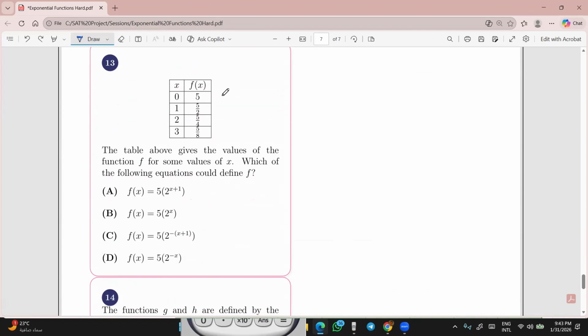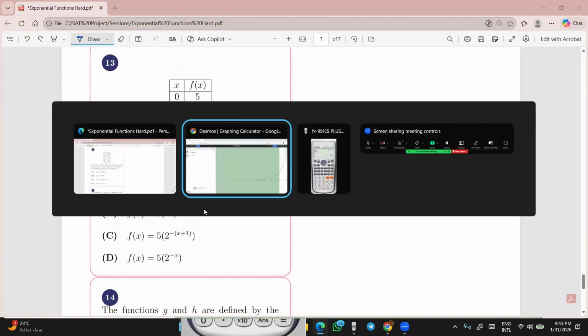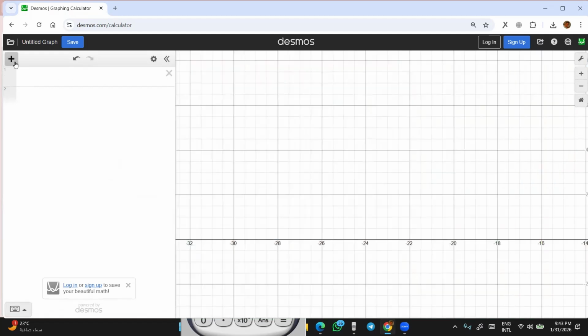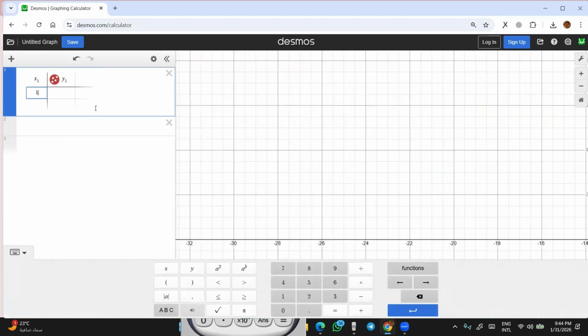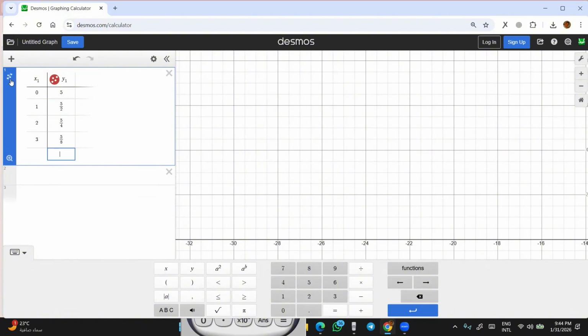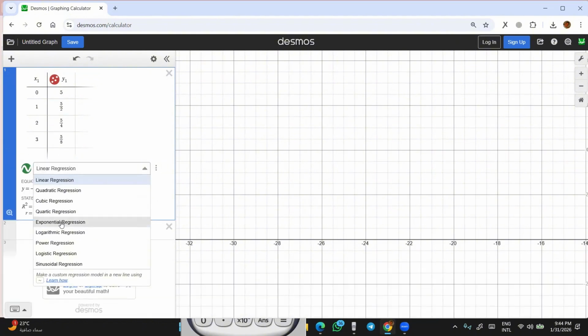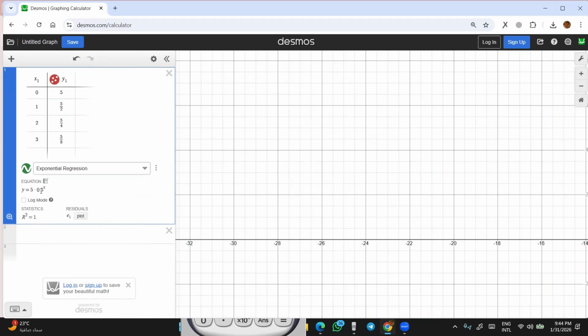As I told you, you can use Desmos to write this table. This is easy to remember. 5, 5 over 2, 5 over 4, 5 over 8, and 0, 1, 2, 3. Just put them in the table here. 0 first, 0, 1, 2, 3. And then we write here 5, 5 over 2, 5 over 4, and 5 over 8. And then we can get this exponential regression, and we get the function 5 times 0.5 to the power of